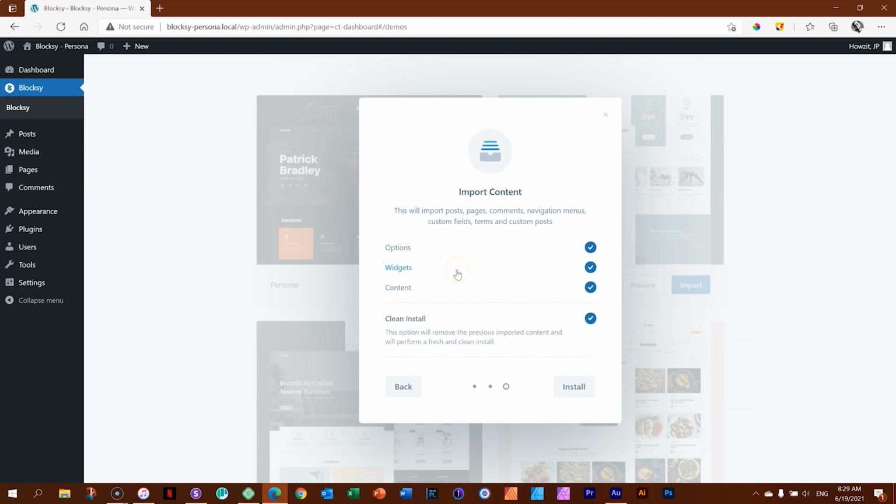Now it comes to all the optimization. Do you want the same options? Do you want the same widgets? Now, really, you want to have this checked, because if you uncheck one of these, your site is just going to behave strangely and you're not going to know from where it comes. Just take it as it is, because you saw this Persona website. That is what you want. So keep them all checked and click here on Install. I also recommend to always click this Clean Install to make sure you remove all posts and all that kind of jazz. And with that said,